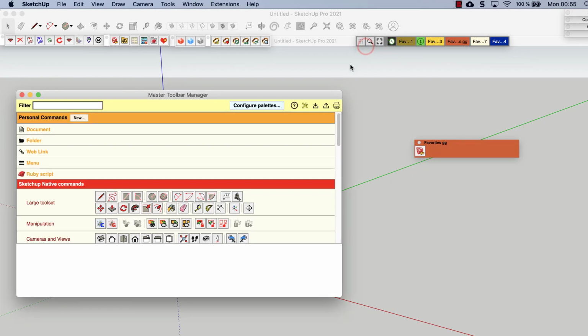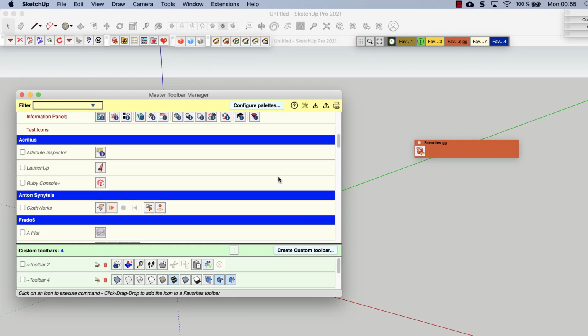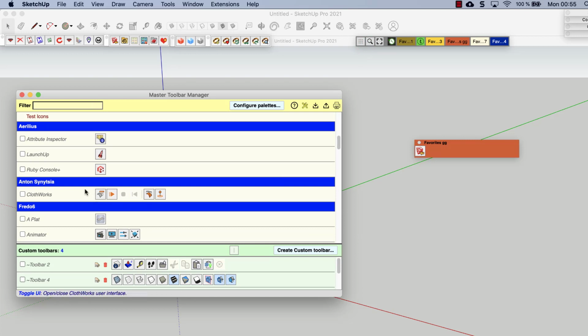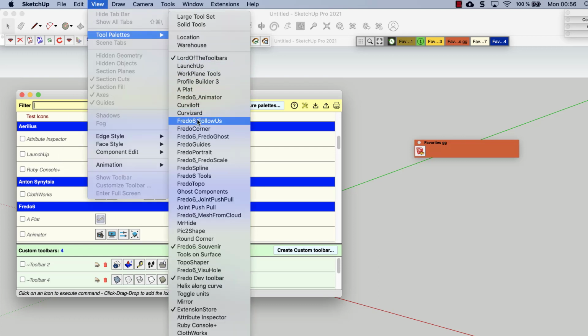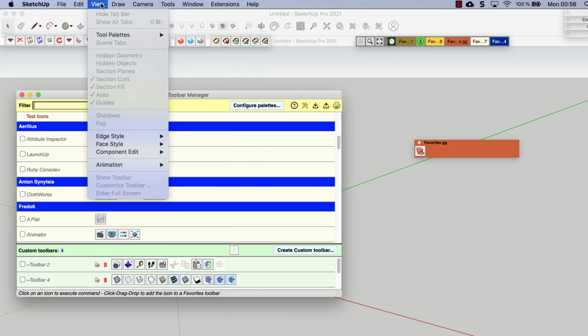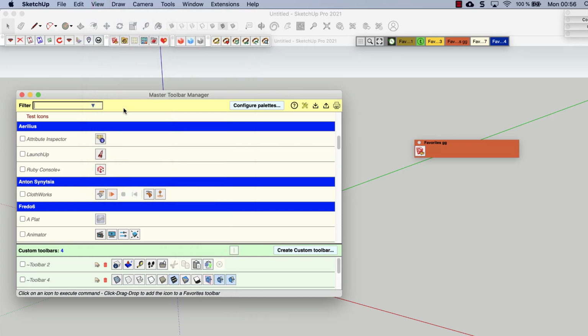The master toolbar manager is also useful on Mac if you want to show or hide toolbars selectively, which is not very convenient on Mac. You have to go to View, Tool Palette, and click them one by one, and because it's a menu, it's relatively cumbersome.